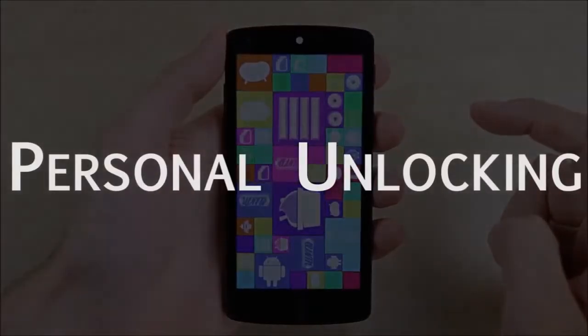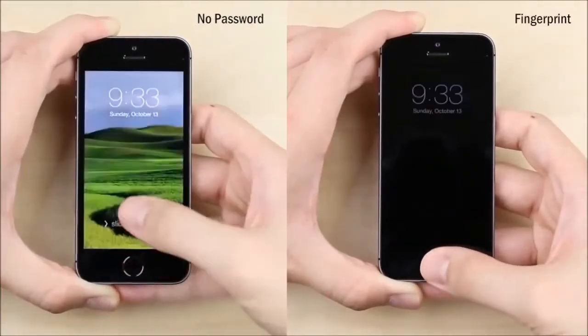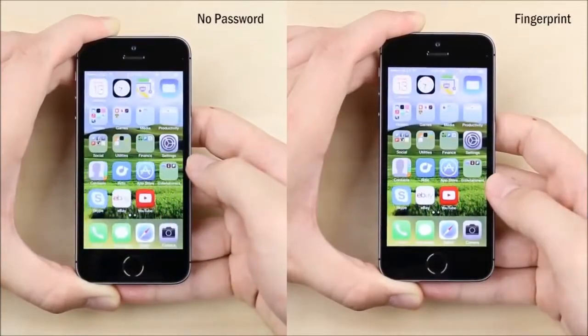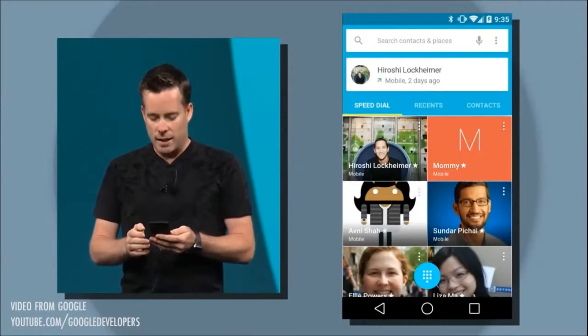7. Personal unlocking. If you watched my 10 features every smartphone should have video, you know that I love the fingerprint scanner on my iPhone 5s because it lets me secure my phone without that extra layer of security slowing me down. Well, personal unlocking in Android L is similar in the sense that it lets you secure your phone with a pin or a password,